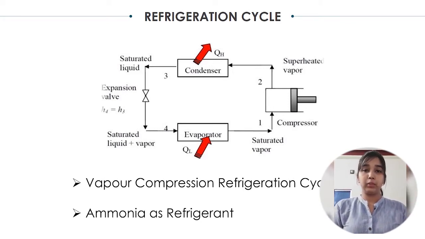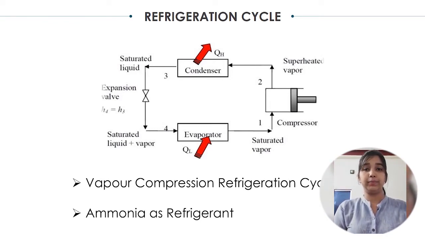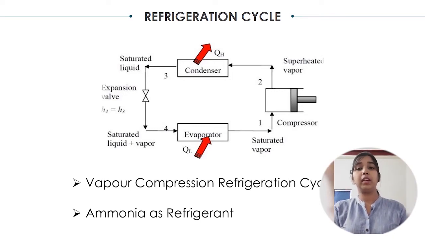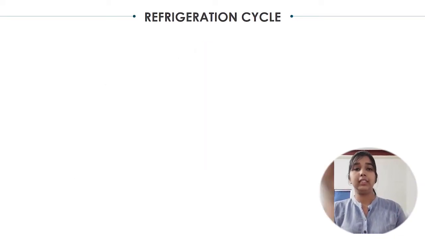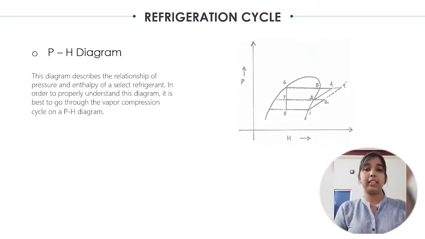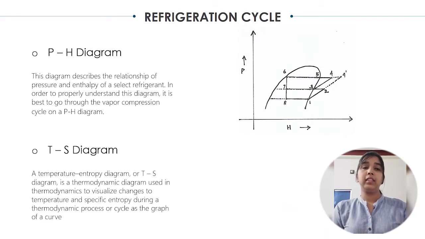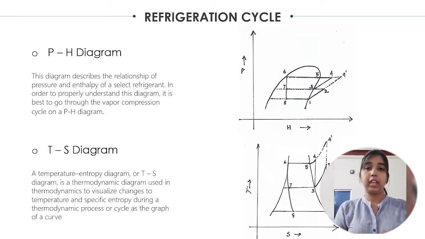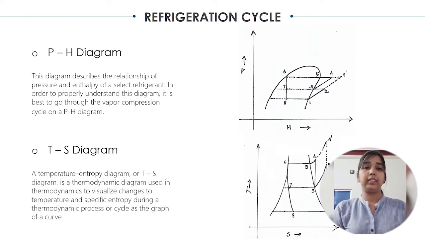Since we are using ammonia as refrigerant, and ammonia attacks copper, we can't go for copper tube. We need to go for wrought iron as the material of construction. We will now come to the next slide. Here it shows the plot between pressure and enthalpy and temperature and entropy, with the help of which we have calculated the COP of the cold storage, and